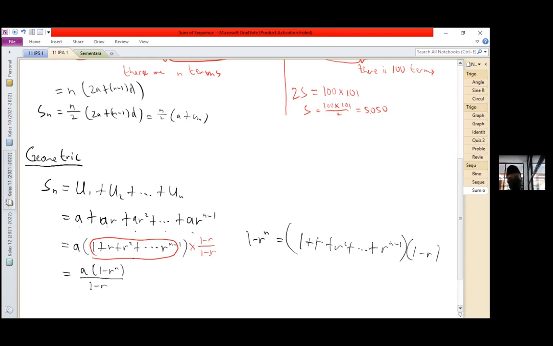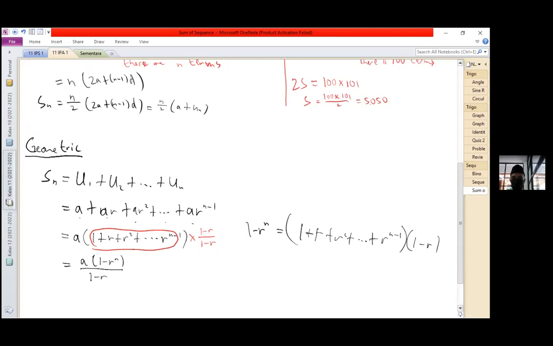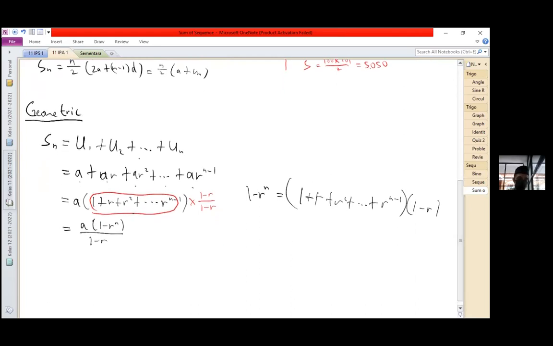Okay, but again, probably this is not very convincing to you, because you haven't learned about polynomials, but that's how it is. So basically, we get the formula, which is what we want.